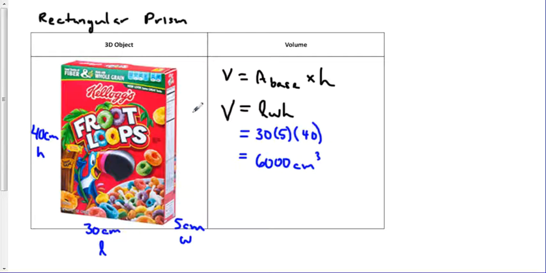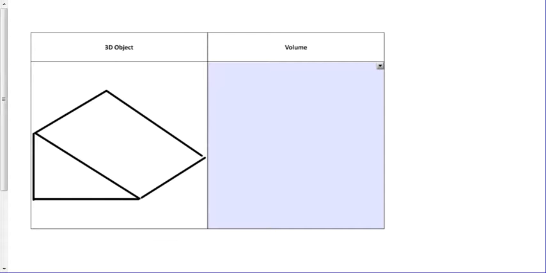Alright, let's go on to our next example. We're going to find the volume of a triangular prism. So triangular prism, and so this maybe looks like a ramp that, you know, the kids at the park by my house made, a little improvised cardboard ramp. Might look like that kind of thing. This is a triangular prism